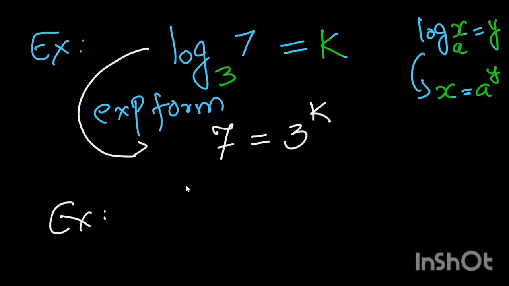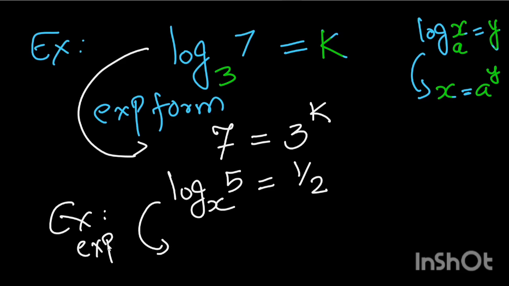Take another example. Log 5 base x equals 1 by 2, then convert it into exponential form. As you can see here, this x will come out and push half up, so it becomes what, guys? It becomes x to the power half, and what would be left on the left hand side would be 5. Okay, so that is how we convert one form into another. That's how we define log and its various numbers associated in defining the logarithm.